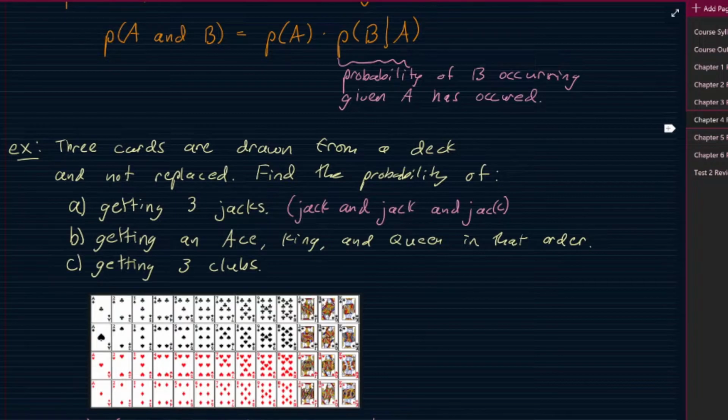Well, since we're not replacing, these events depend on each other. So if we get 1 jack, then on our next pull, there's not going to be 4 jacks, there will actually be 3. There's not going to be 52 cards, there will actually be 51. And so the probability of getting the first jack would be 4 out of 52, because there's 4 jacks out of 52 total cards, favorable over total. Then we times it by the probability that the second card is a jack, given that the first card is a jack. So if we know that the first card was a jack,